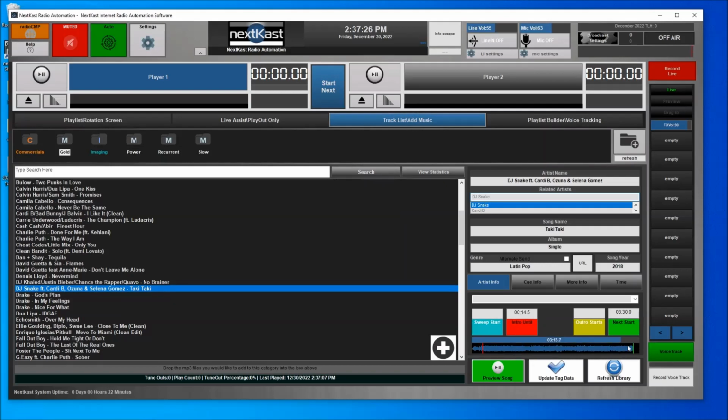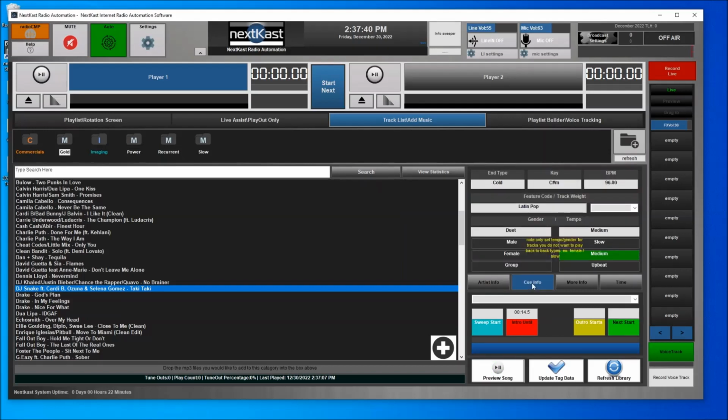And the same with the next start. I can seek to the very end, and then I can adjust the next start position or reset it. And that's basically it. Those are the two things that you might want to do in the beginning when you're marking your tracks. There's also other information here that you can enter into NextKast, the key, the BPM, the group